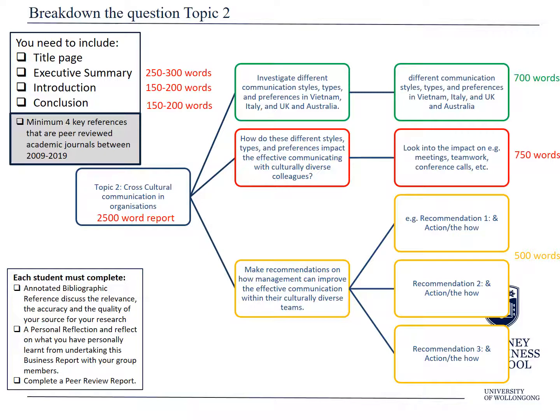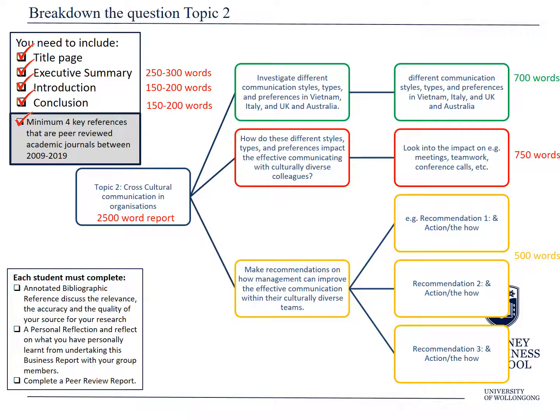So once you've broken it down into manageable chunks and you've assigned a word count, we then go back to the subject outline and look at everything that you need to include in this report. So for this report, you need to include a title page, an executive summary, an introduction, and a conclusion. In your reference list, it is a minimum of 4 key references that are peer-reviewed with academic journals between 2009